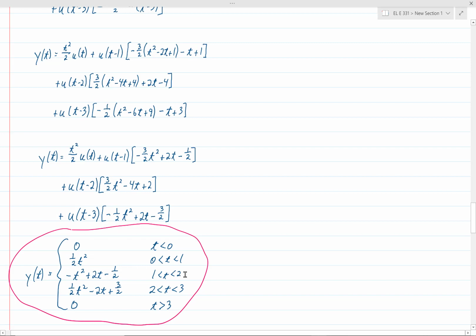Now we continue to increase t until it's greater than 2. And so then all three of these first three terms will come on. Now the last one will not be turned on yet, but all of the first three will be there. So we have a t squared over 2 and minus 3/2 t squared. So that's minus t squared. And then we have a 3/2 t squared. So that gives us,